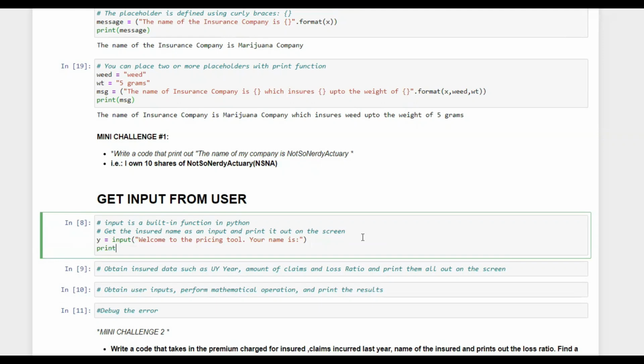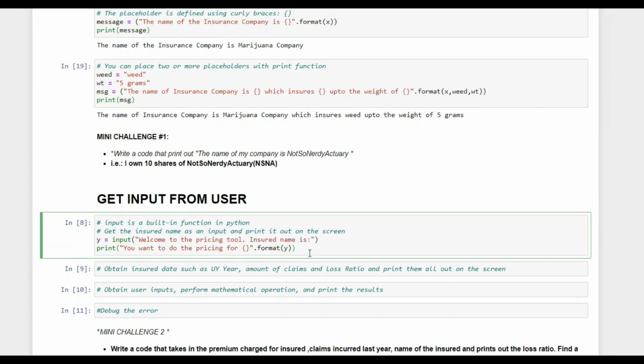Once they give a message, you print that you want to do the pricing for placeholder, format y, right? Instead of your name, we should write insured name because let's say it's for an underwriter who has to do this.